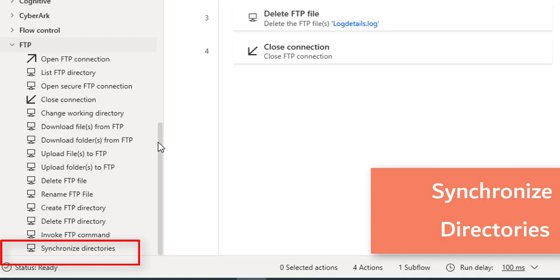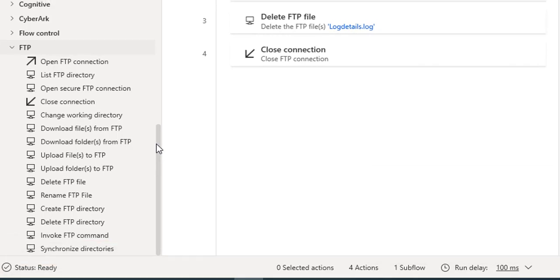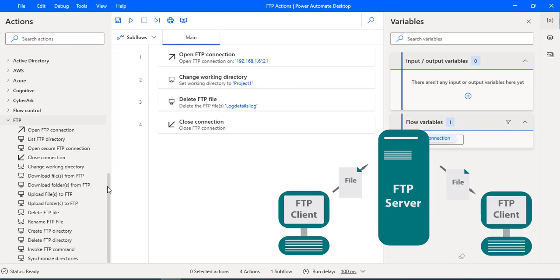First of all, we'll see the use case, in which scenario we are going to use the synchronize directories action. While administrators are working with an FTP server, it is a very tedious and repetitive job to keep both server and local folders in sync. When a new file is created or uploaded in the FTP server, we have to download the same file in the local folder.